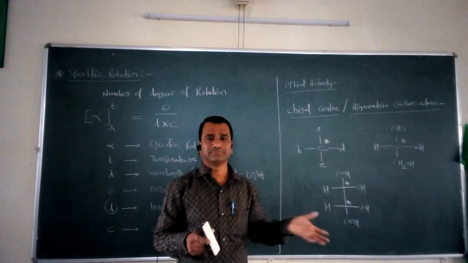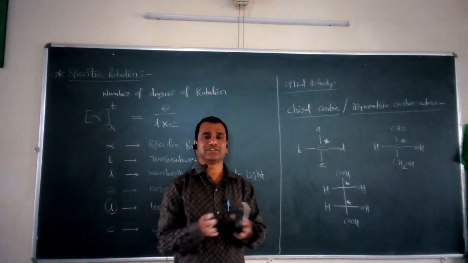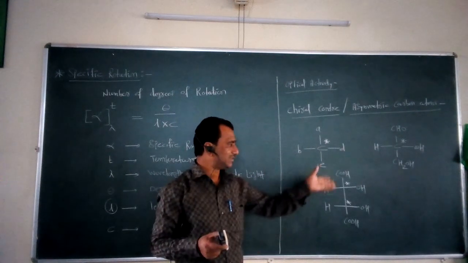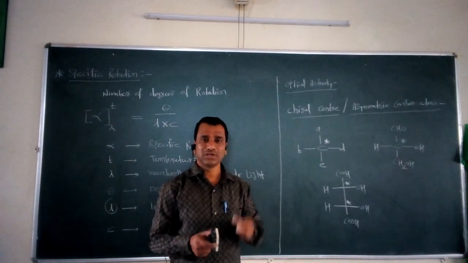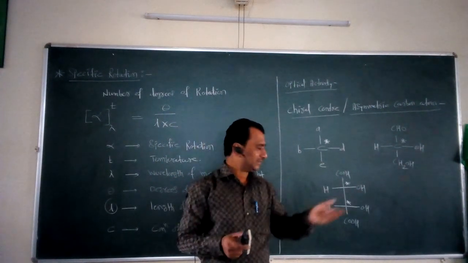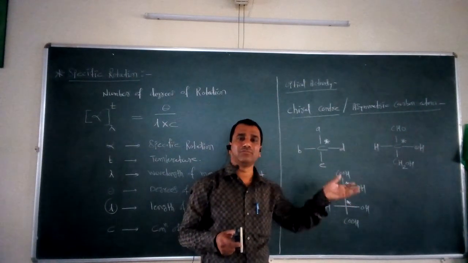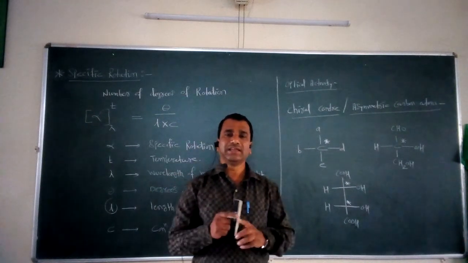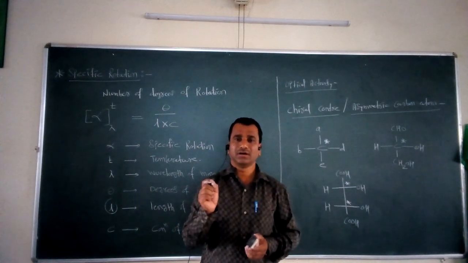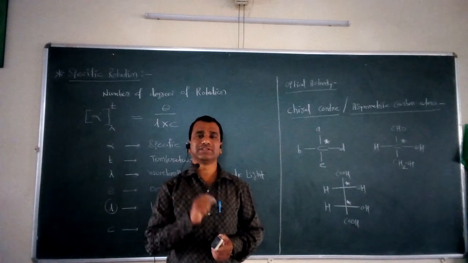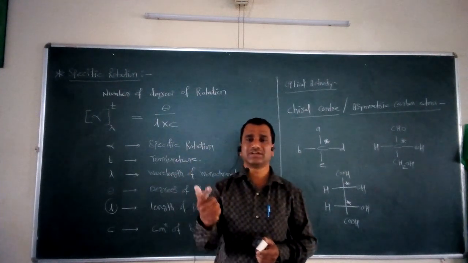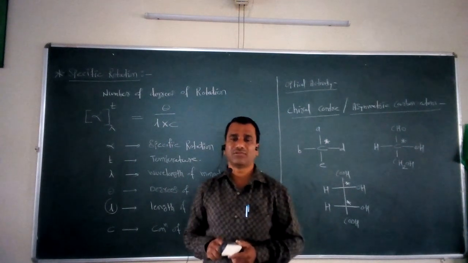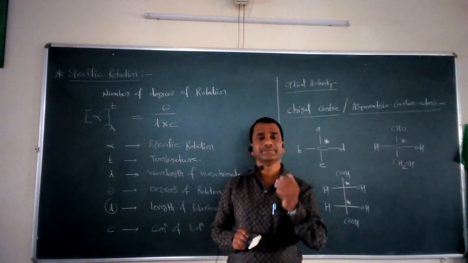Now why is this so? Because if we take the mirror image of this particular molecule, it is superimposable, and that's why we can say that this is an optically inactive molecule. So even though this molecule has a chiral center, we have to take into consideration its mirror image also. In every condition, it is not possible that with the presence of a chiral center, the molecule is treated as optically active, but it is one of the important conditions for a molecule to be optically active.